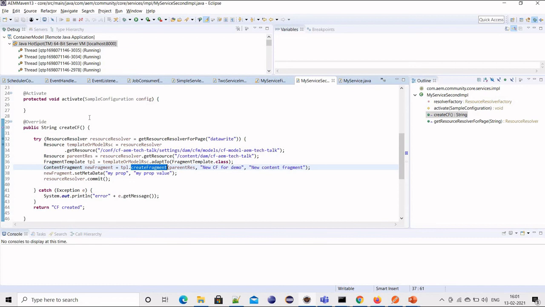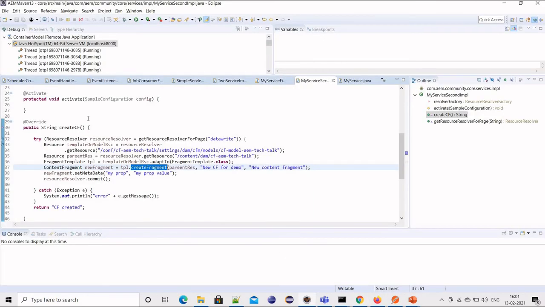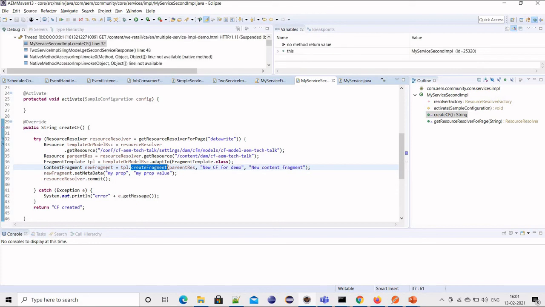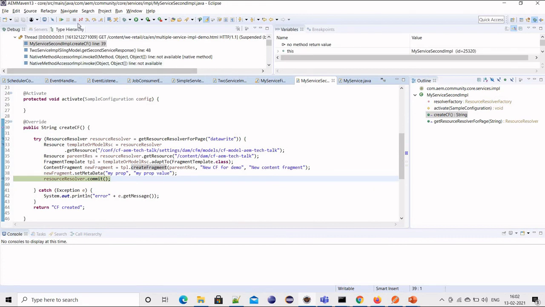The page is refreshing. Yeah, it's here. So let me just execute it. Maybe I'll put a debugger here and execute it one time. Yeah, it's done. Looks good.